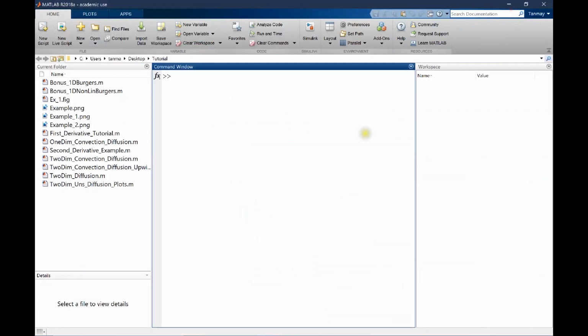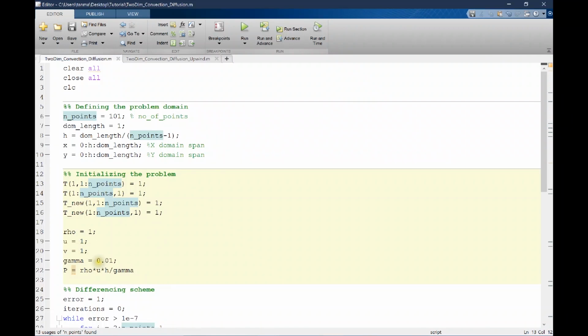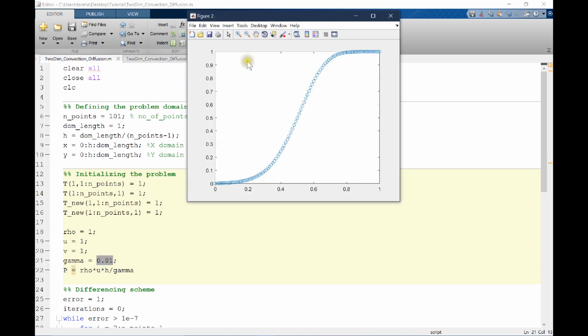And we want to see whether the numerical schemes that we use can predict this particular jump, and this would go back to defining the Peclet number based on the grid spacing. I want to show you that not all the numerical schemes can handle these high values of Peclet number, as we shall see very shortly. So I'll first run the code for gamma equals 0.01. I'll run the code all together, all at once.